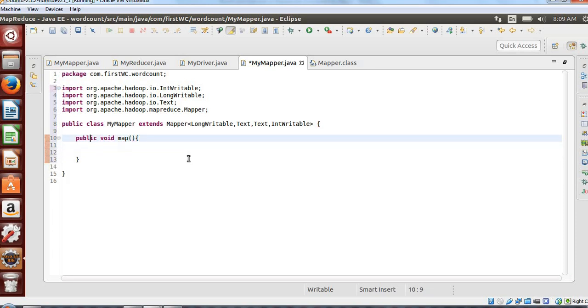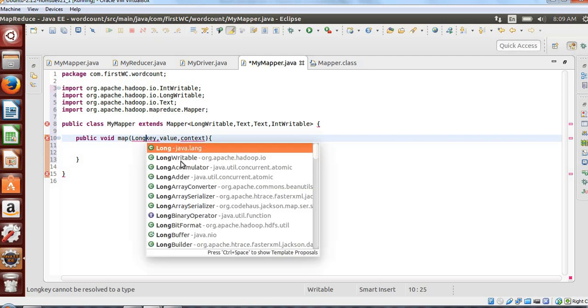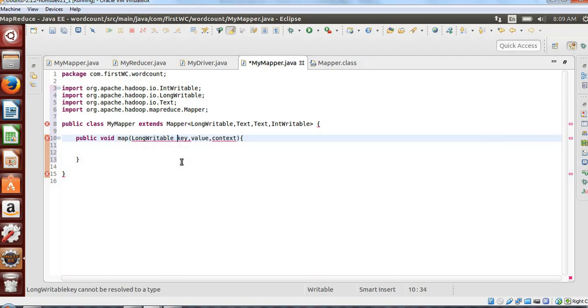Now in the map method we need to define 3 things: one is the key, another is the value, and the third is the context. Always 3 things. What is the data type for this key? Your key is LongWritable, so I'll say Long, Ctrl+Space, take LongWritable.